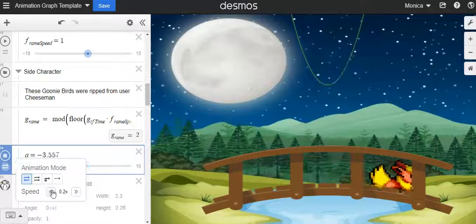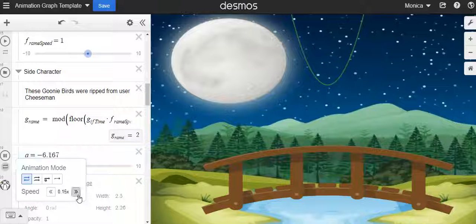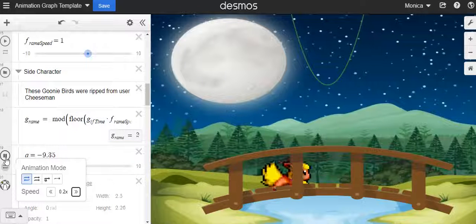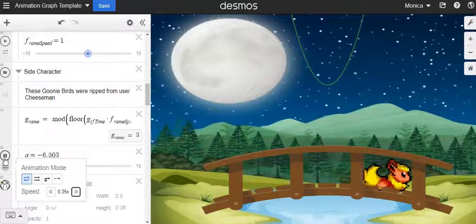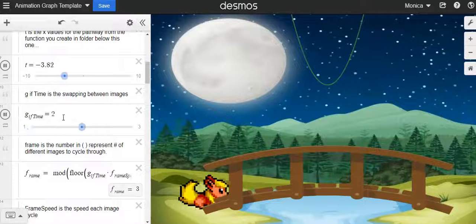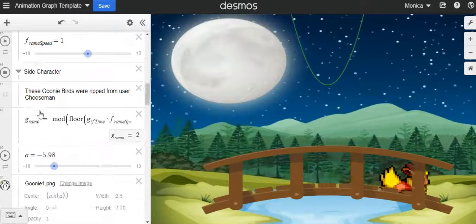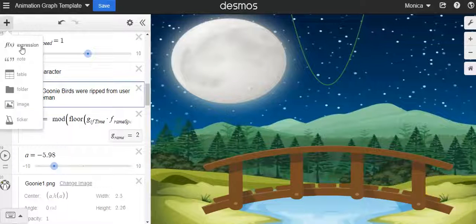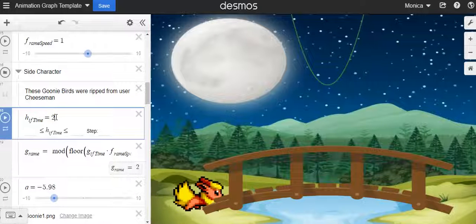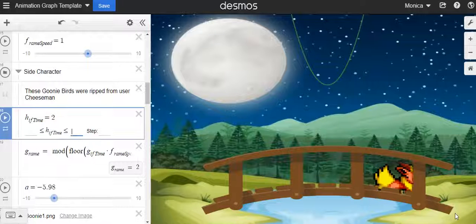Also, if you want to slow down the speed, you could click this with the arrows. So let's copy the GIF time. And then we're going to call this HIF time